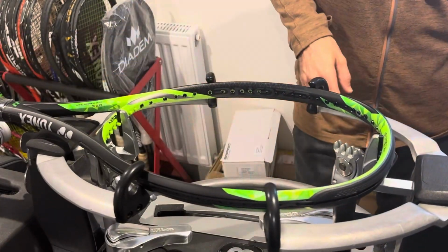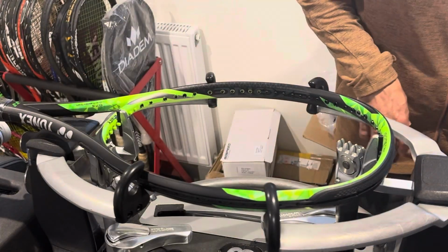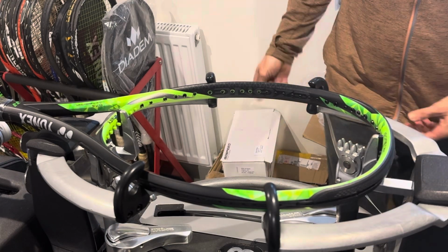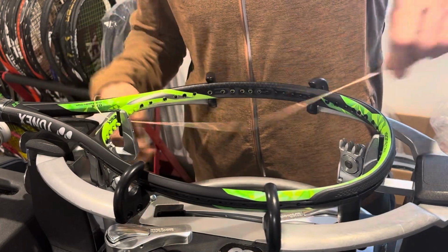We will be using the Pro String Nemesis 125 and the Pro String Pure Multi-Filament on the crosses. The client was on a full bed of poly before. His last racket, he decided to